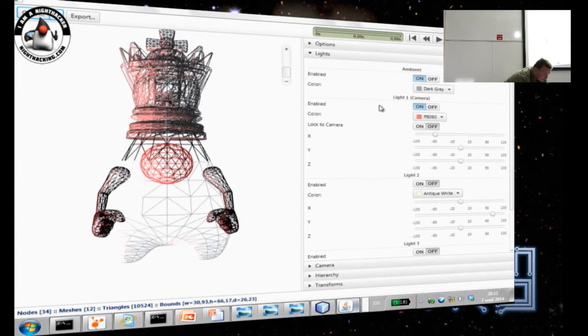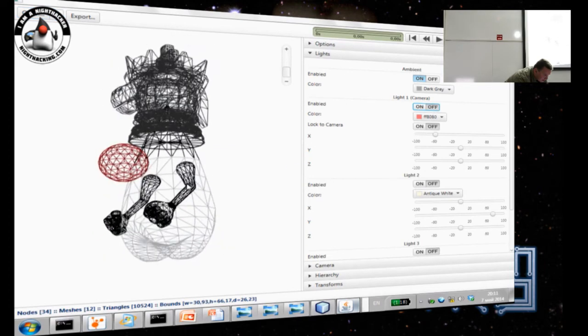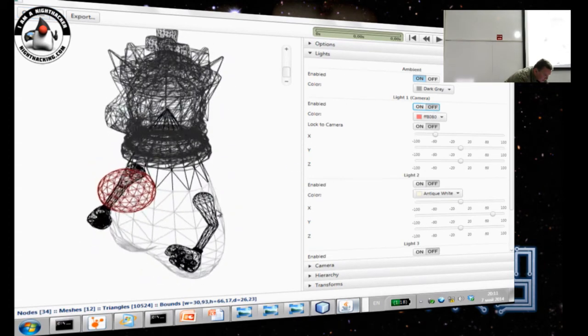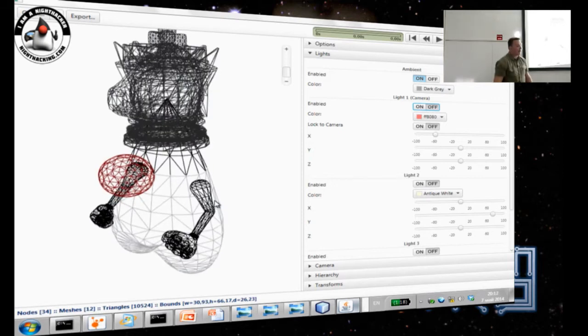I'll open this file. This file was created in Maya Autodesk software, and you can have your professional 3D designer create your meshes for you.